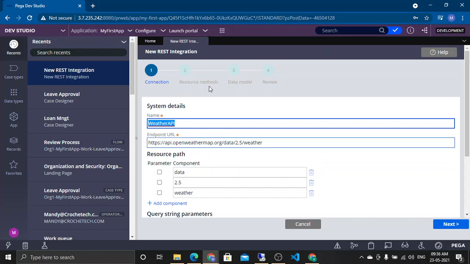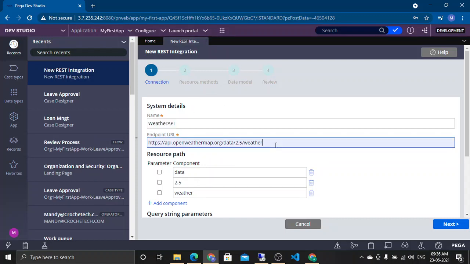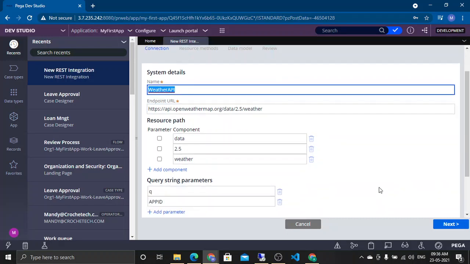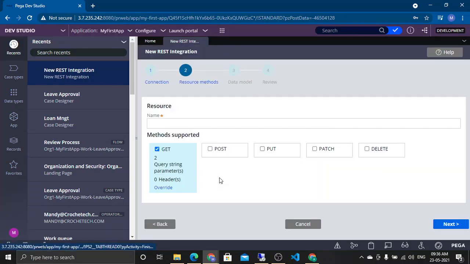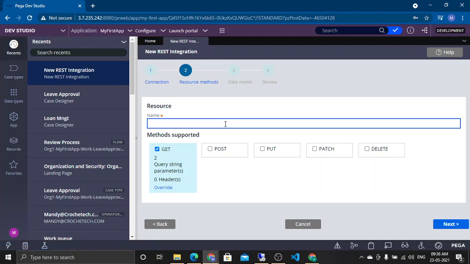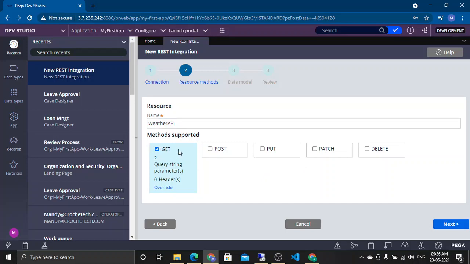I just want you to go through this wizard once. So this is the most important parameter: the correct URL is mandatory. Then what will be the name of this API? Then if you want to send any additional header parameter or configure any authentication parameter, you can put it here. Otherwise, as it is not required in my case, what will be the name of this resource? I'm keeping it the same, weather API. It is a GET request. I know that from the documentation itself. So you have to read the documentation properly to see which method you are using for the API.